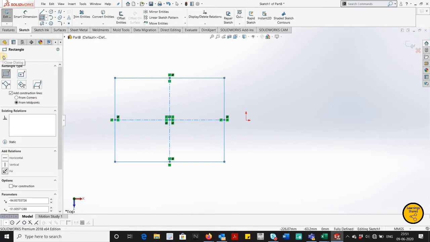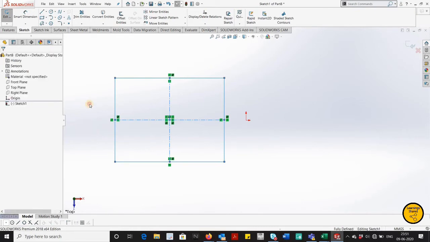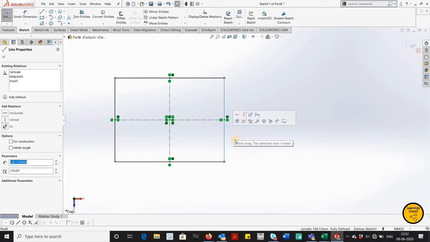Now I'll check it. I've drawn the rectangle, and my rectangle is fully constrained also. The benefit of giving a constraint is, suppose you have drawn a sketch and you do not want that sketch to change its dimension by itself, for example if you accidentally drag it.